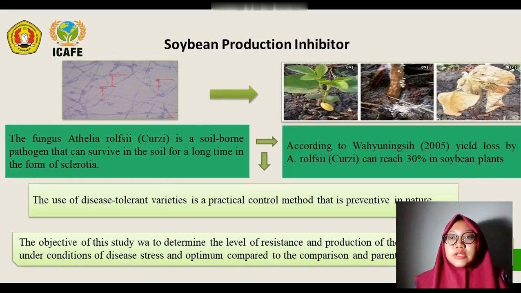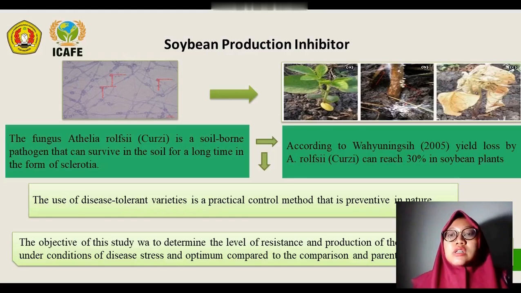One of the inhibitors that can reduce soybean production is stem rot disease. Stem rot disease by Athelia rolfsii is a potential disease in soybean because the infected plants will die and the pathogen can last long in the soil in the form of sclerotia. In a humid environment, Athelia rolfsii also infects branches and leaves near the soil surface and can bridge the spread of mycelium growth to other plant parts.